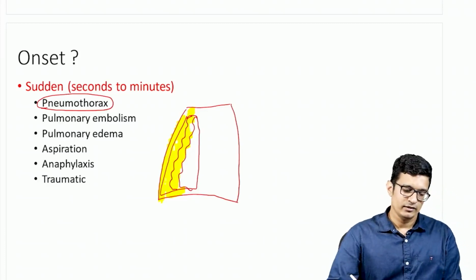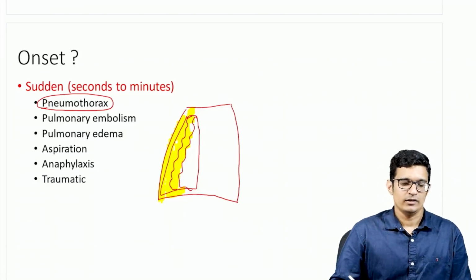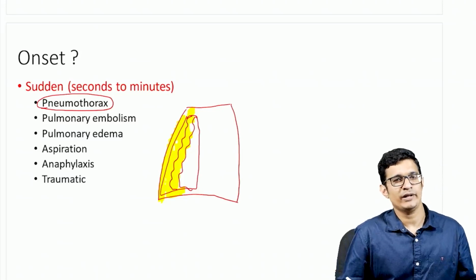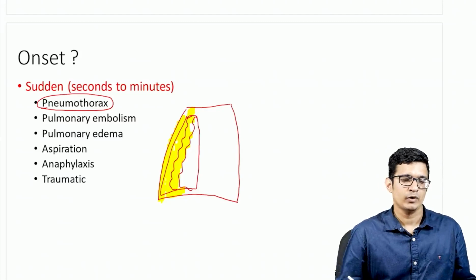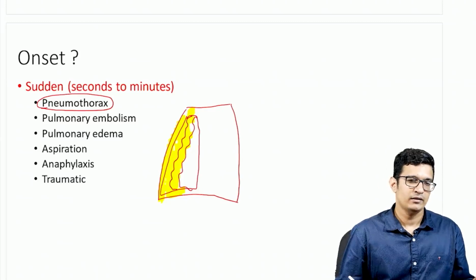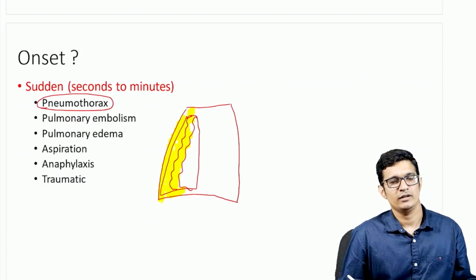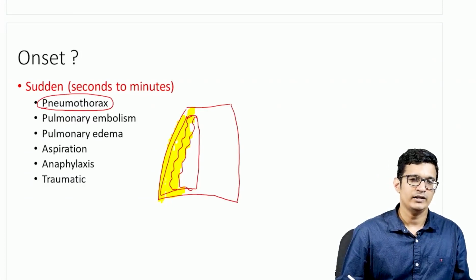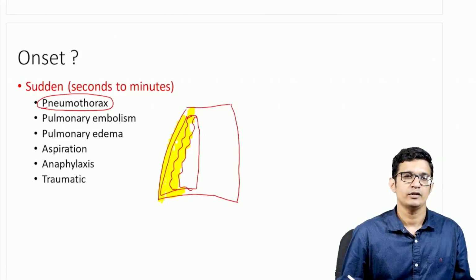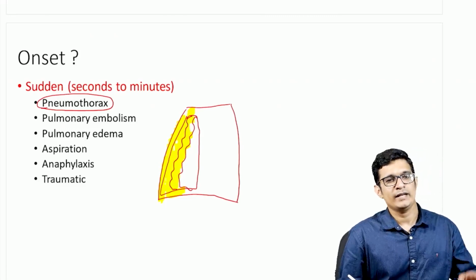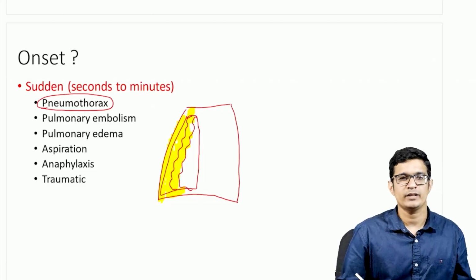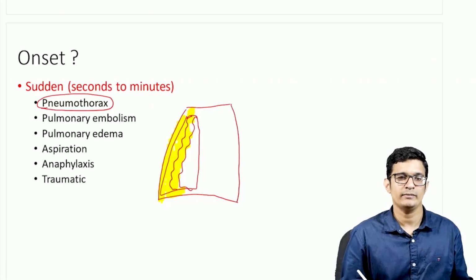So pneumothorax is one condition that can cause sudden onset breathlessness, and whenever pneumothorax occurs spontaneously, without any other stimulation, without any trauma, etc., it is called spontaneous pneumothorax. In an adult male who is probably 20-25 years of age, one condition where they can present with a sudden onset spontaneous pneumothorax is Marfan's syndrome. So Marfan's disease is one condition which can lead to increased instances of spontaneous pneumothoraxes. So a tall, lanky guy having Marfanoid habitus, if he is coming with a sudden onset breathlessness, you have to think about pneumothorax as a possibility.